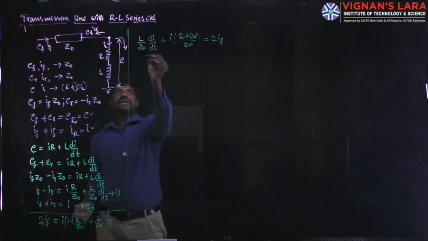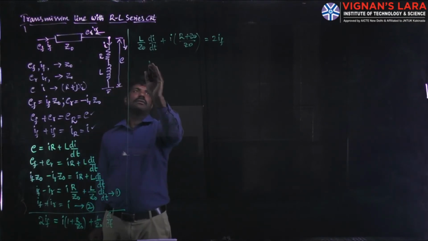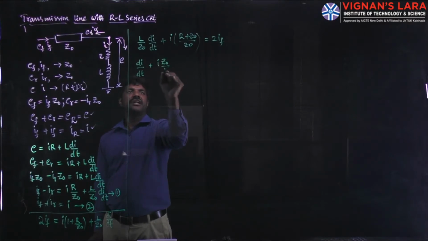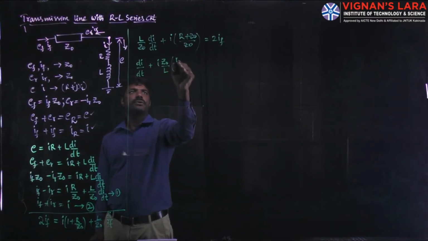So taking this L by Z0 as common and sending it to the other side, we can write this equation as di by dt plus I into Z0 by L into R plus Z0 by Z0